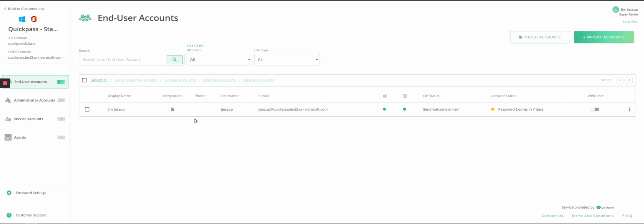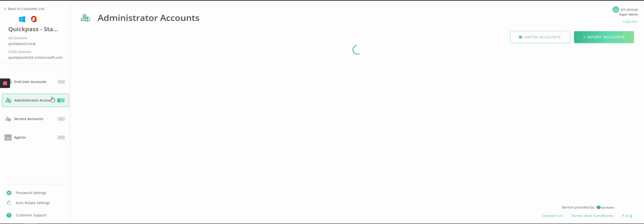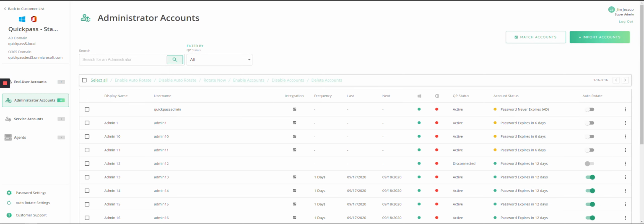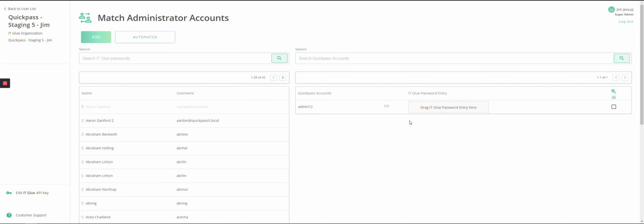Going back to the IT Glue matching feature, if I go over here to administrator accounts and click match accounts again, I've got an account here that's not currently matched up to an IT Glue password entry. I can either just hit the checkbox here or hit the top one for select all. If I do that and I click add, it's going to go ahead and automatically create a new password entry for that account in IT Glue and match it up with my account